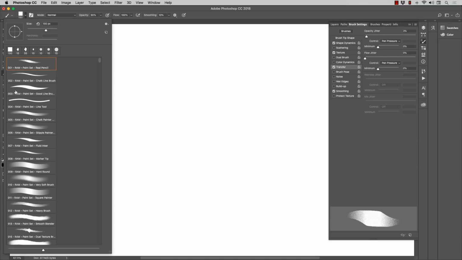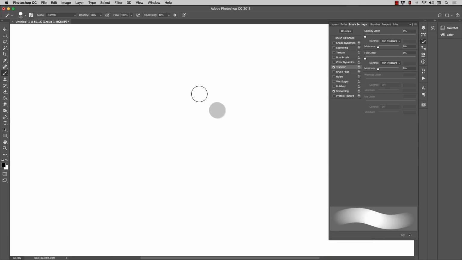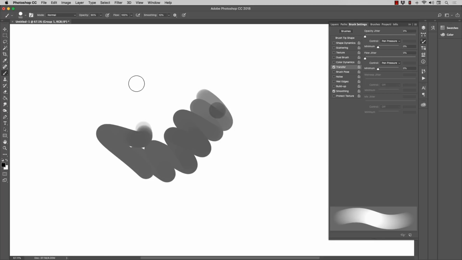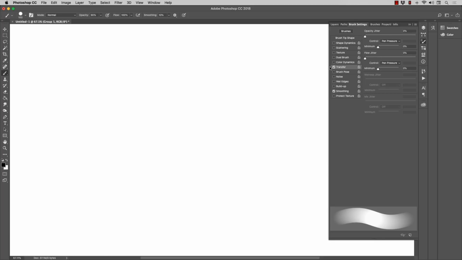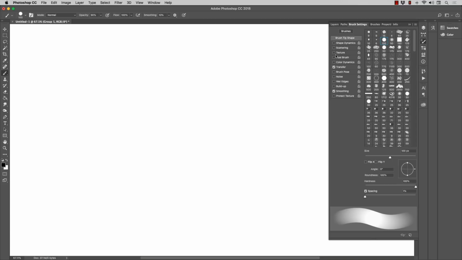Now let me show you some of the ones that are more popular for the way that I paint. One of which is this basic 009 hard round brush. And you're going to have a basic hard round brush inside of Photoshop regardless. But what's happened here is I just make sure to set my transfer on, no shape dynamics. The brush tip is a basic circle, and the spacing is down, hardness is up. It's actually pretty simple, but all that it really does for me is it gives me this nice smooth fade